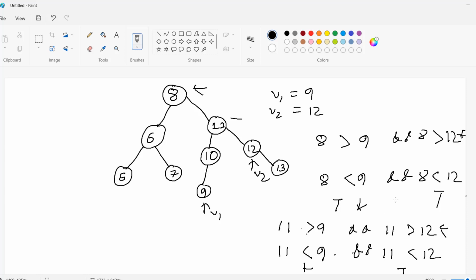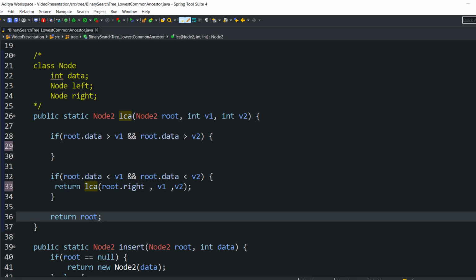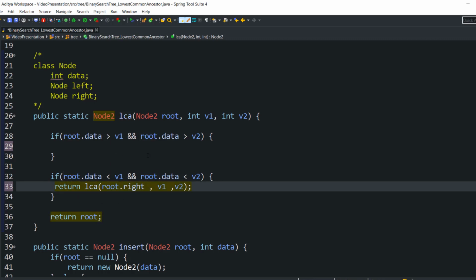That means whatever the current node is there, it is our lowest common ancestor. That one is 11, so we are going to return that answer. For that purpose I have written LCA here, because after that root it is going to call it here. So again it will call here and it is going to return. Okay. Now what if